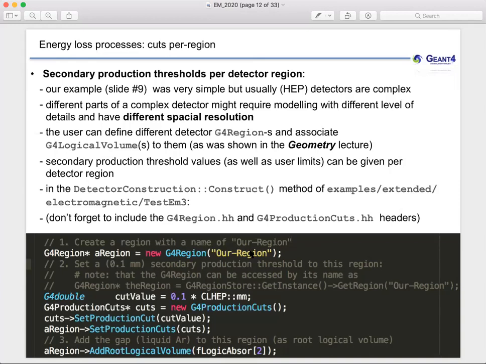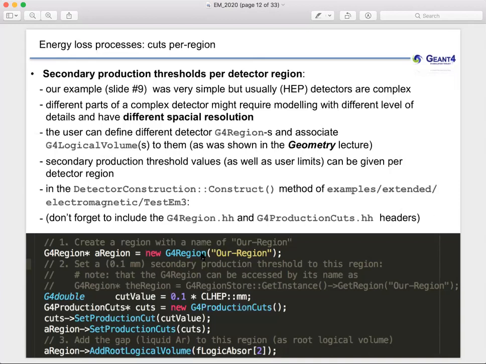And I show here an example. If you go to examples, extended electromagnetic test EM3, which is actually a simplified sampling calorimeter simulation, then you can easily create your own region and assign some volume to that region and set a different production cut in that region compared to the other part of the detector. So in this test EM3 example, what you have is a simplified sampling calorimeter, which means that actually you have some layers,